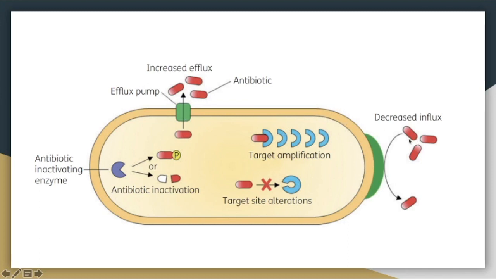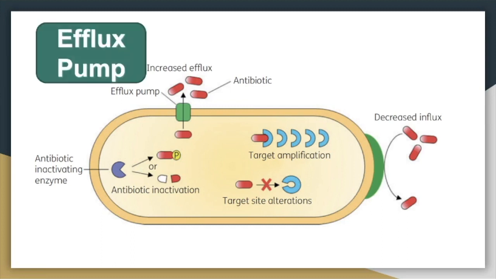The other mechanism is they can basically prevent influx, or prevent the antibiotic from getting inside the cell. The other thing is changing the target. Specifically, one mechanism for aminoglycosides is that it'll change the 30S subunit so that it doesn't recognize it. And the last one is some sort of enzyme that will inactivate or break down the antibiotic. So let's just go through a few mechanisms of resistance specific to tetracyclines.